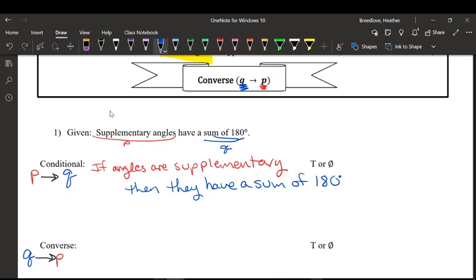If then, if P, then Q. That's a conditional statement. Once you have a conditional statement, you can make a converse statement, because the converse is the reverse. So if Q, so if they have a sum of 180 degrees,